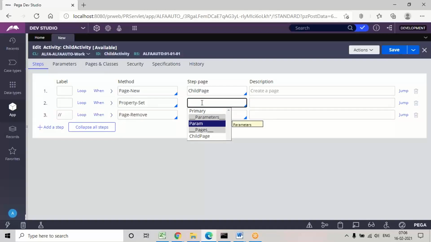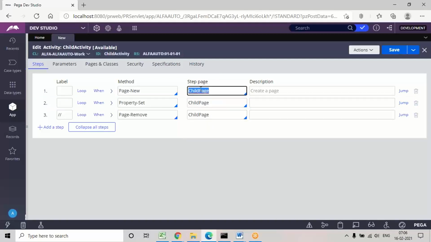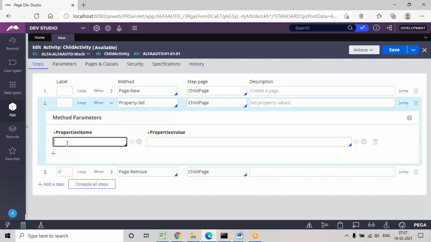see here, not only for page new and page remove, sometimes for the remaining methods also we'll be using the step page. Here the purpose is that page new will add the page to the clipboard, and page remove will remove the page from the clipboard. But the purpose of the step page here is that we can choose the properties from the table class. If you give this step page, we can assign the properties, that is, we can choose the property names from